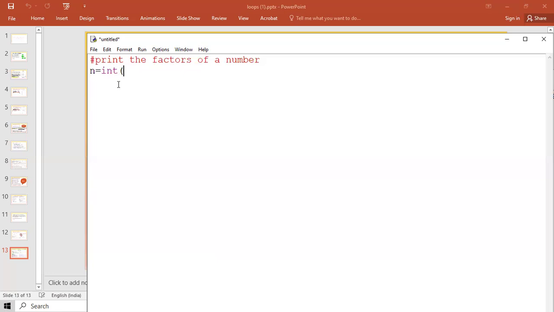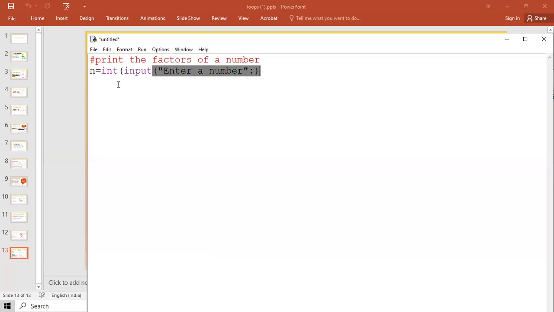So I have to keep on dividing that number starting from 1. Divide by 1, then divide by 2, then divide by 3. Until when? This is not unlimited. As long as the number is there. If 100 is given, the loop will run 100 times. If 15 is given, it will run 15 times. So in this I know how many times to run the loop. Hence for loop is suggested, but I may do that with while loop also. So you do try implementing it using a while loop too. If you are unable to, then you definitely can ask me. Enter a number,